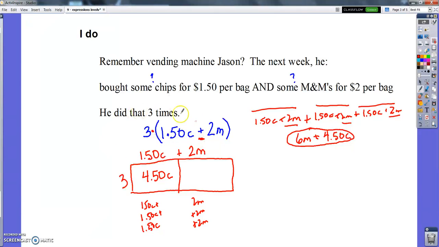Repeated addition is 6M. And now, just like you would do with all numbers, you would just add together what's inside your area model,